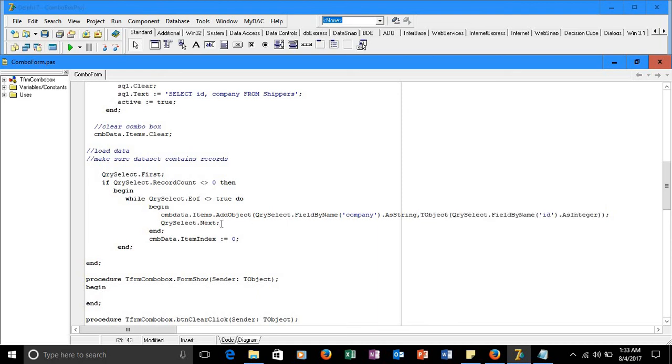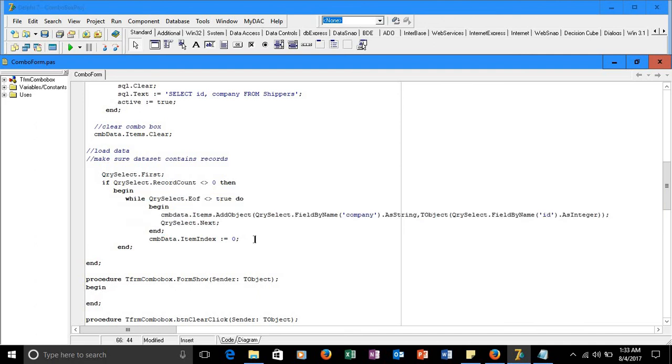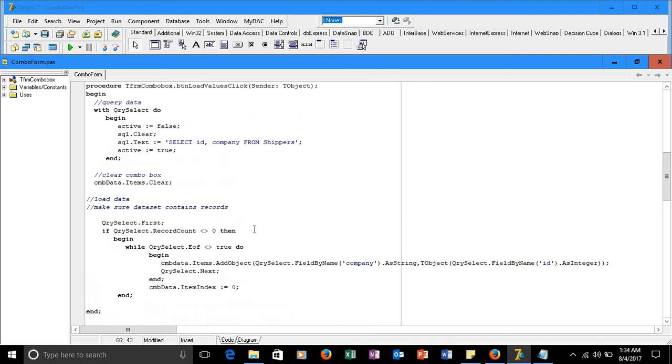So since we are going to load several records, we need to proceed to the next. So this is actually a loop. Okay, we set the combo box to the first record, so the item index here is equal to 0. Okay, so after that, let me